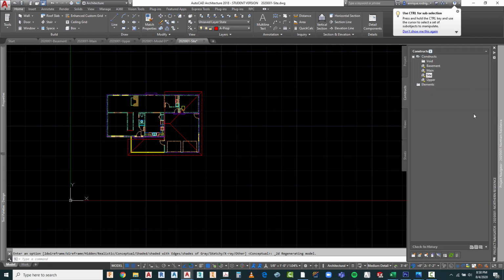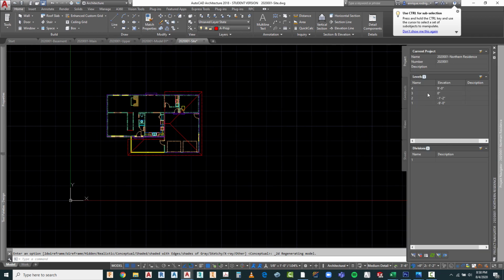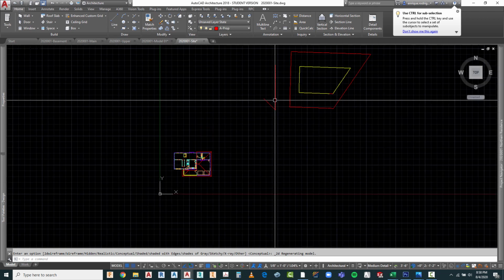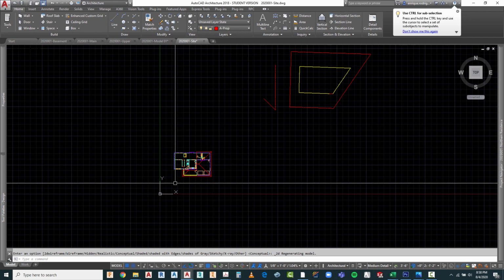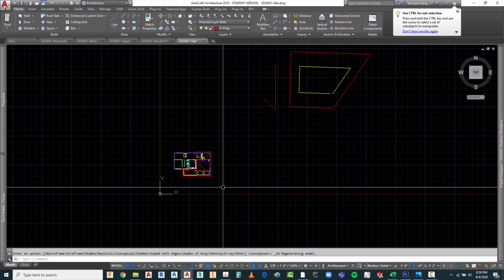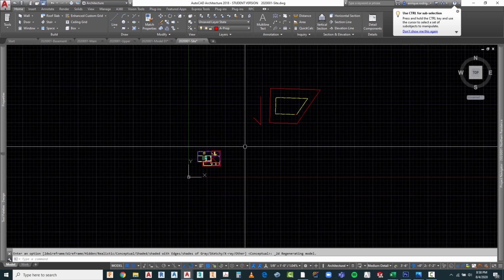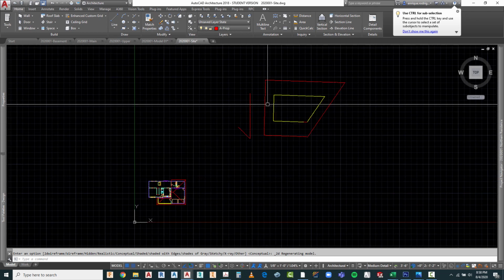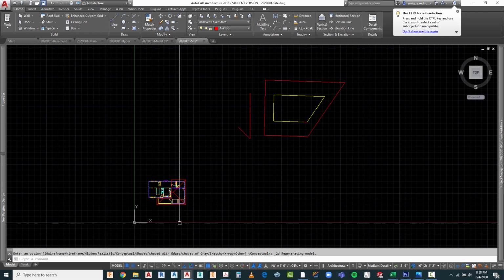And we know from our project settings right here that my main level, which we're using as our benchmark, and my site, which is on level 2, should be 1 foot 2 inches below it. So as I draw this, that should end up being 1 foot 2 inches below that. So let's move this property to where I wanted it to sit right here near my main